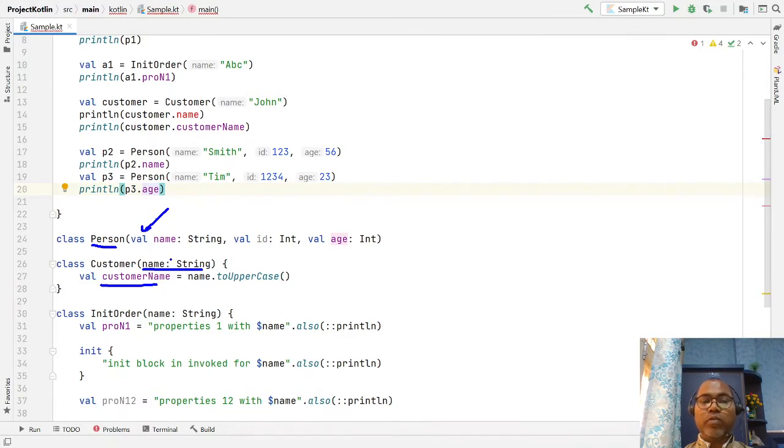Correct. Be sure whenever you want to define the property, you specify the val keyword or var keyword, so that the Kotlin compiler knows this is your class property, and you can access the class property by your object name, object dot.